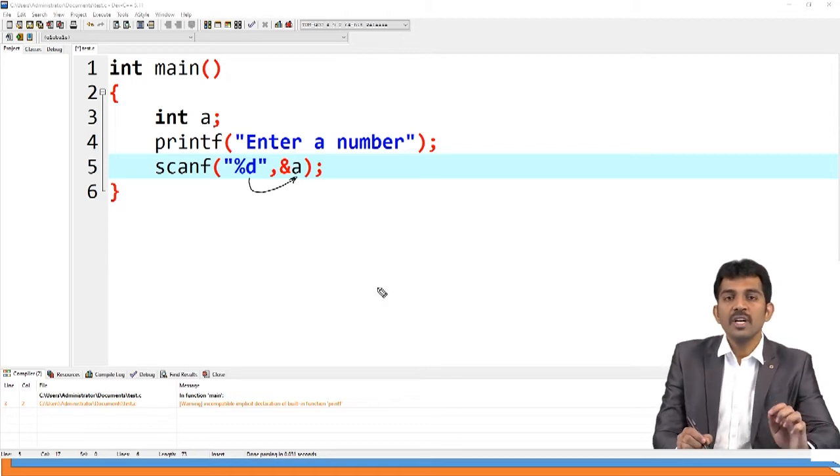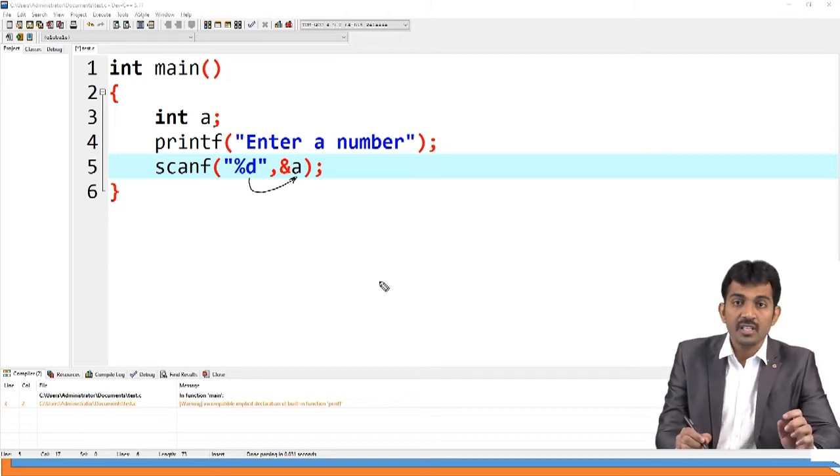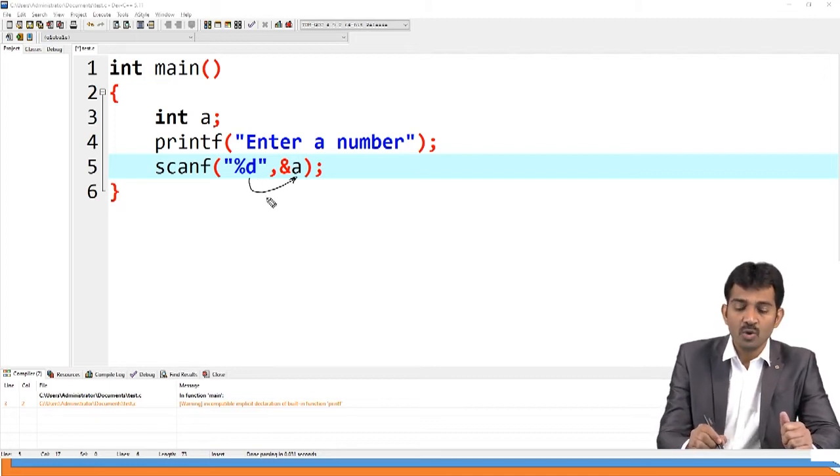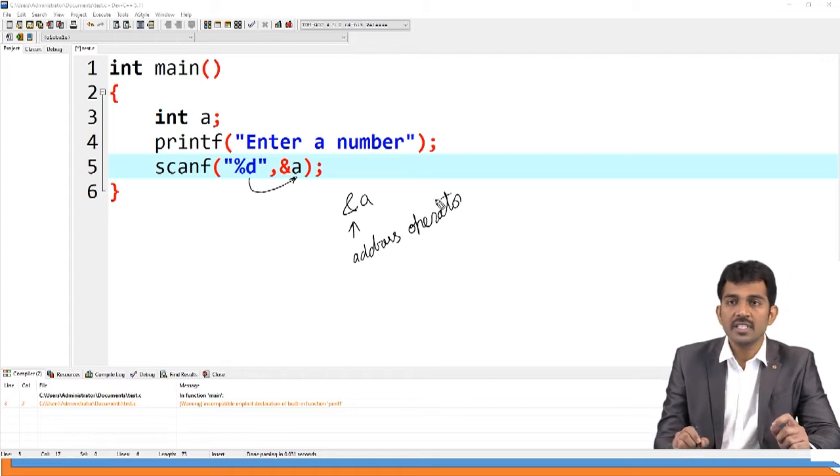For example, somebody wrote a letter for you. Then they need to write an address on the letter. Like that, if you want to send the value to the particular variable, you require an address. So if you mention ampersand a, see, ampersand is an address operator. Please note this. Ampersand is an address operator. By using ampersand, you are going to send the value which you read from the console and put it into the particular variable.